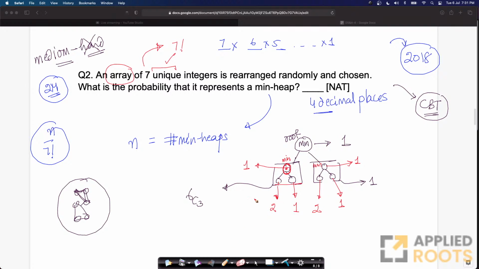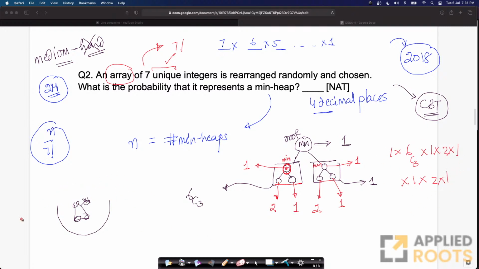So now what are the total number of ways in which you can construct this? Root node, only one way. This subtree is 6 choose 3. Once you pick 3 elements for the left subtree, one way for the minimum. This node you can pick in 2 ways. This node you are left with only one way. Next, this whole subtree, there is only one way to pick it, because 3 elements you have placed here, the remaining 3 will go here. This root node, only one way to pick it. This left child, 2 ways to pick it. The right child, only one way to pick it. I hope I'm right here. So this will be,